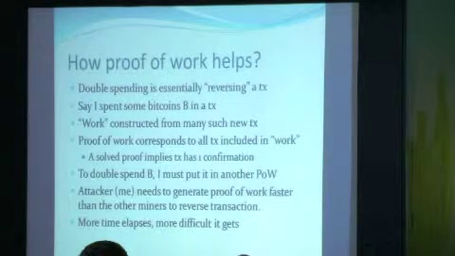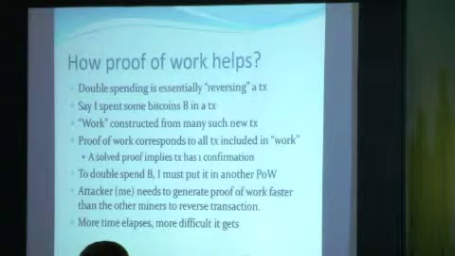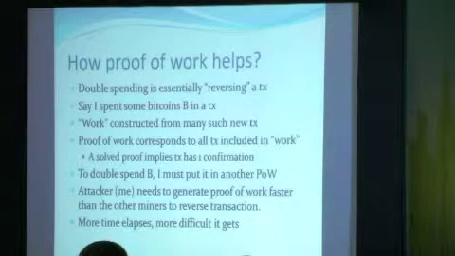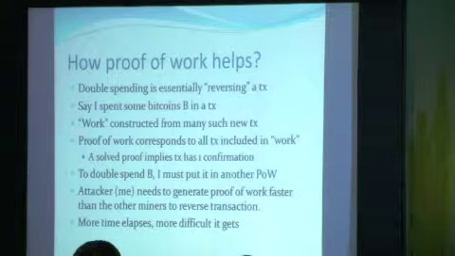And the more the time elapses, so suppose I wait for a day before I want to double spend it, then there are a lot of blocks added after that, yeah? Not just one confirmation, but maybe 50 confirmations, 100 confirmations. So now I have to do a proof of work for 100 of these blocks, which is kind of exponentially larger, the work, as the number of transactions increase. It's almost impossible to reverse the transactions after, say, 100 confirmations.